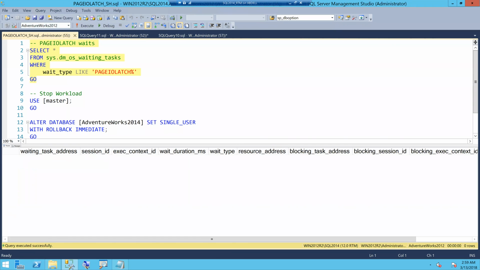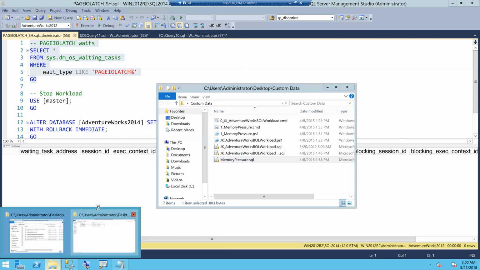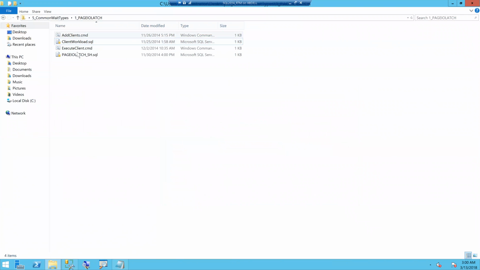Page IO latch is a wait type, which means that if any query hits this particular wait type, it's actually waiting for an IO operation to complete. And this IO operation is nothing but reading data from disk, which is reading the 8K page from disk into memory. Nothing is waiting. So now when I go and try to fire this,